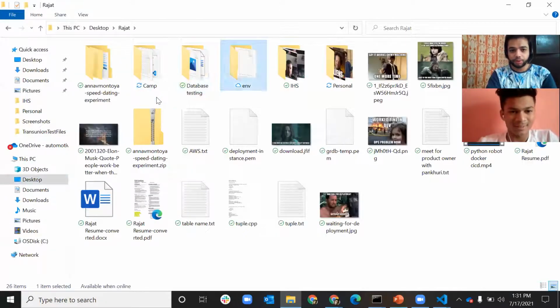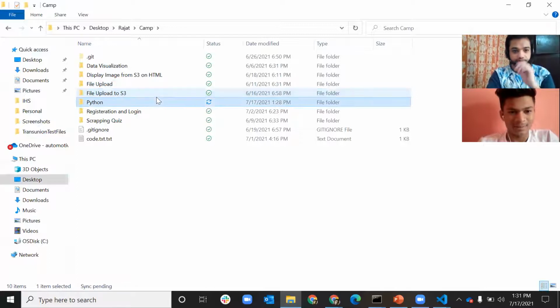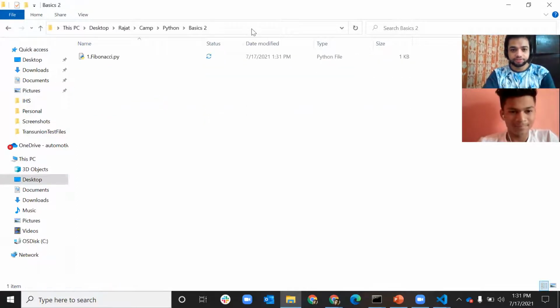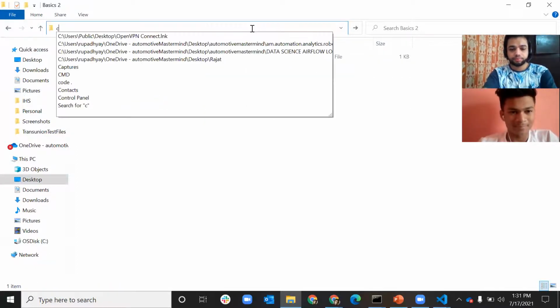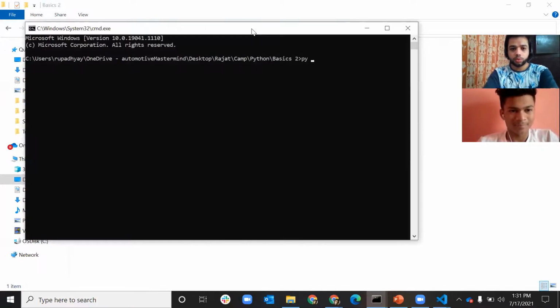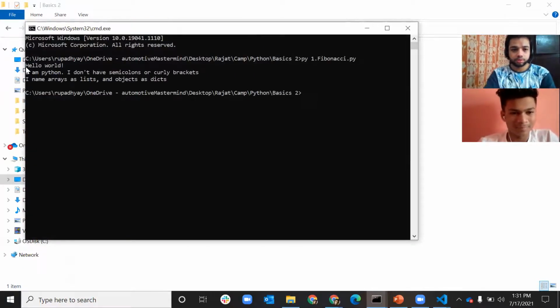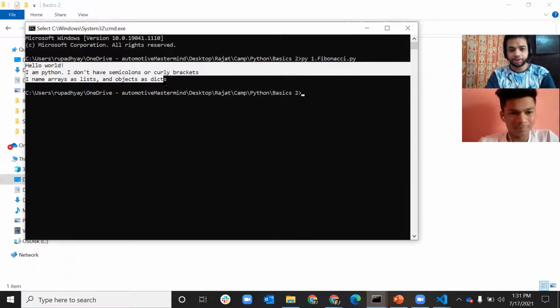Let's try to execute it. I wrote py one.Fibonacci.py, and these are the 3 statements being printed. Simple enough. Any doubts? No, sir.